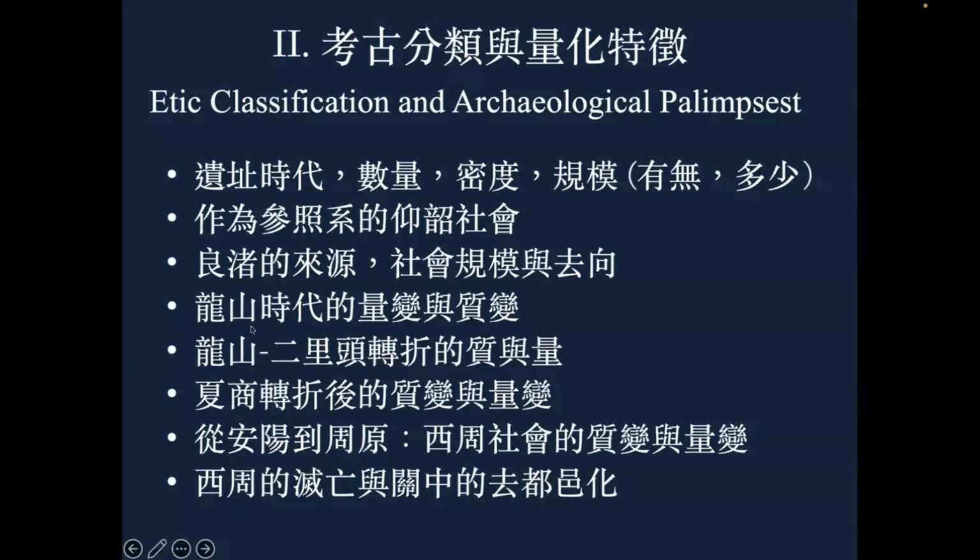Okay, so the type of numbers we're looking at, from my perspective, are settlement data, which is a little bit difficult, but still, once we have a comprehensive look at the information, we could get some objective observations. So here, I want you to pay attention to this notion of archaeological palimpsest. A palimpsest is those medieval, even Greek